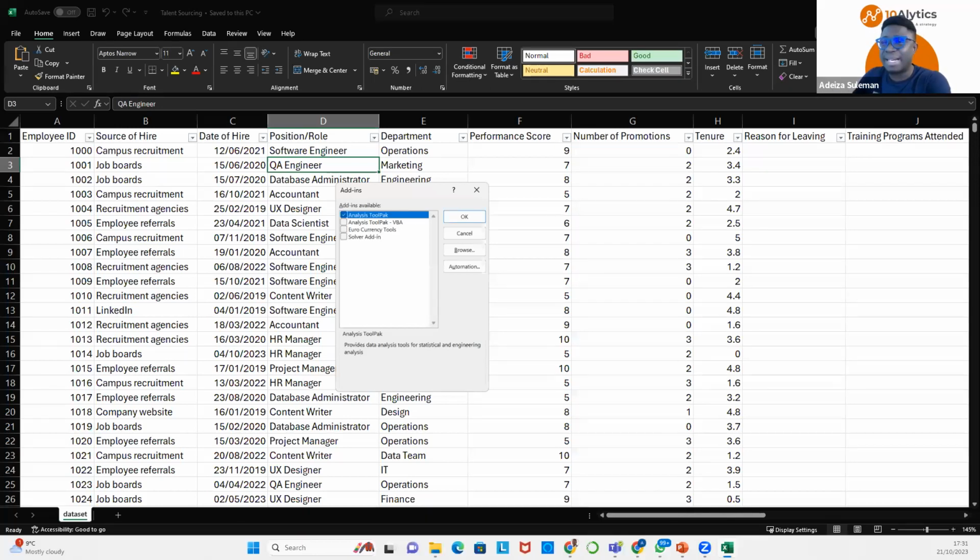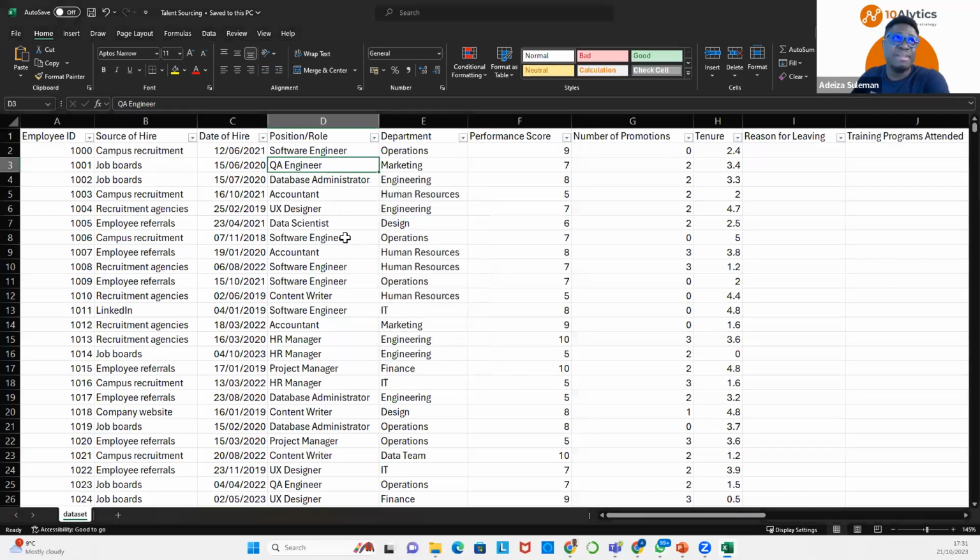I don't need to click OK because I already have it activated. By default you should have it activated, but if you don't, click on File, Options, Add-ins, ensure it's on Excel Add-ins, click Go, and then enable Analysis ToolPak.